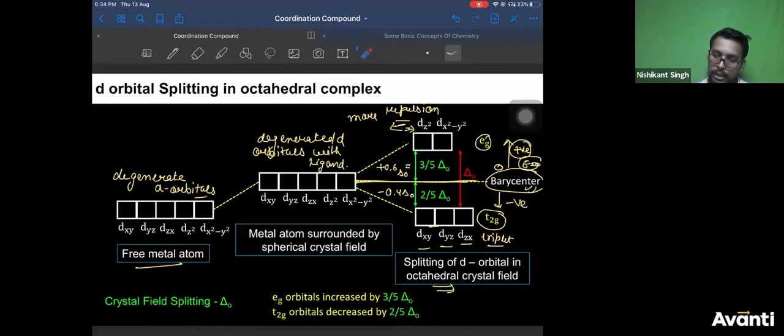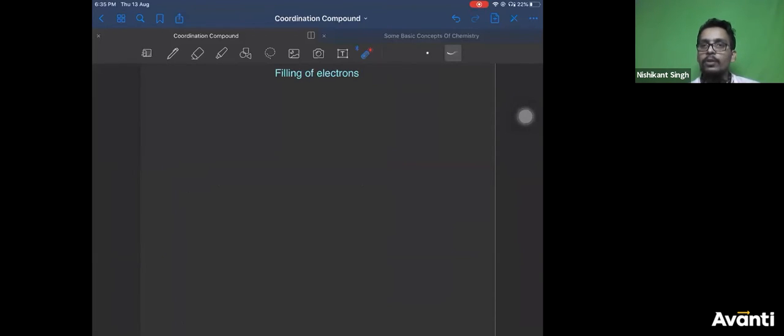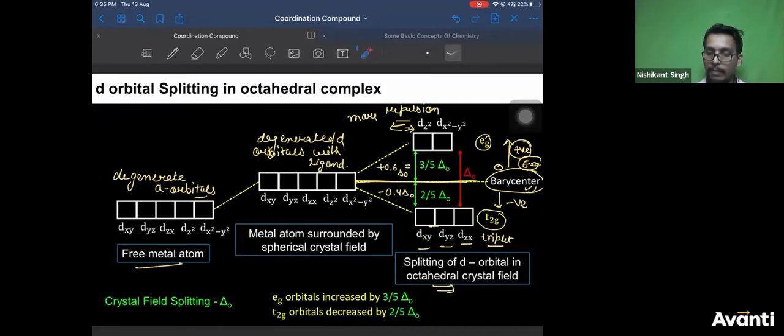Now, Eg orbitals, this I have already explained to you. This is called the CFT diagram. Now I'll tell you how to fill electrons in this. When will the electron get filled first? Gauri, I'm coming to that. Now this diagram is clear to everyone. Earlier you were filling all 5 d orbitals' electrons like this: 5, 6, 7, 8, 9, 10. But now it will not be like this. First you will fill here, 3, 4, then whether to fill here or here depends upon many factors. We'll come to this. Now, for filling of electrons, I will not draw the diagram again and again. I will just write T2g and Eg.